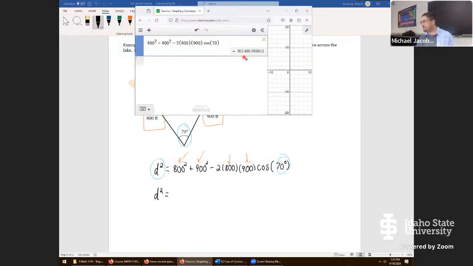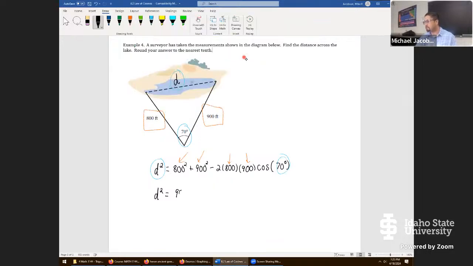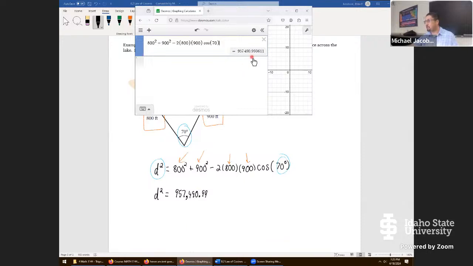Okay, let me see how many digits I can memorize. 957,490.99. I do not actually have a really great working memory when it comes to copying, so let me double check. Hey, I think I got it. Now, I need to take a square root because I didn't do it on this line. You're welcome to just do it all at once if you put the square root there. But I'll go SQRT